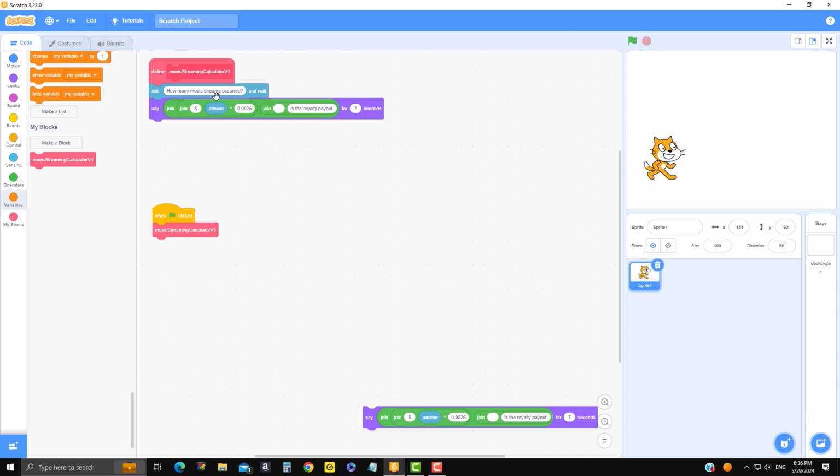So let me stop it. So it's like a definition, area of a rectangle is equal to length times width. A function or a block that you create could be extensively detailed or very long. As you see, when you test music streaming calculator V1,